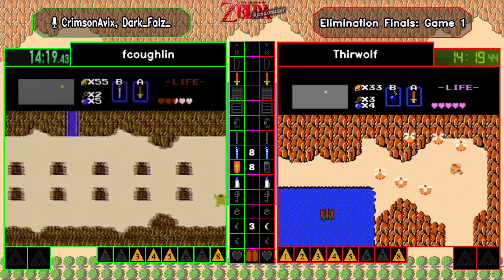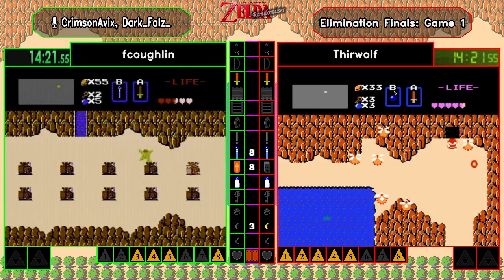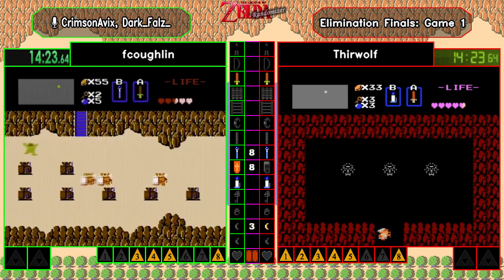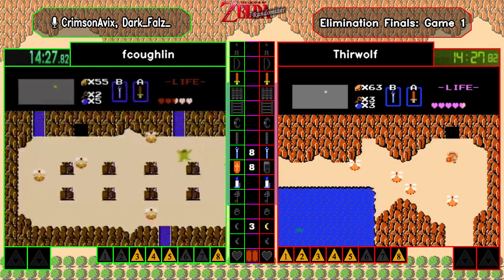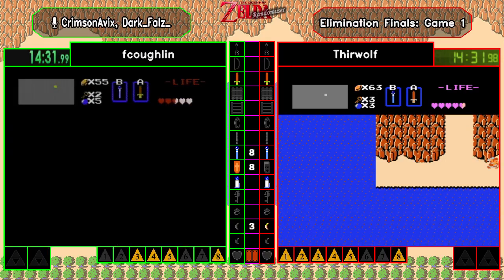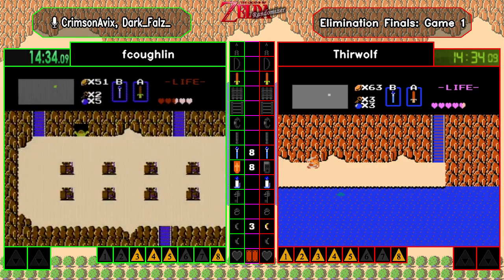Another thing to note, like we just saw in chat, is Thirwolf is very much a Triforce and run kind of mentality at the moment. He's just going to go Triforces and see what else he can find, because there's a 50-50 chance that Gan will not be... Yeah, and it's not a bad strategy. The only